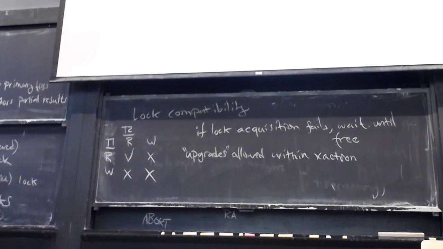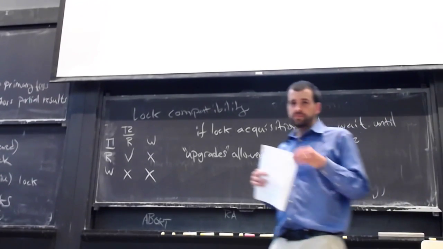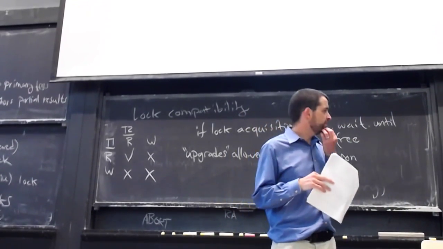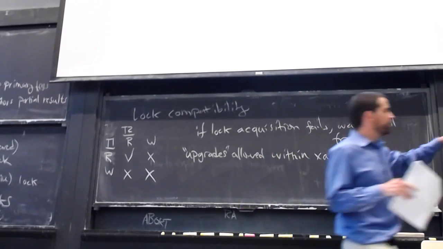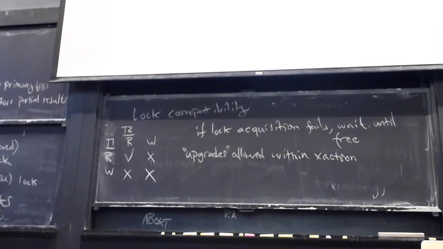But before it acquires the read lock on B, it has already executed the write A, right? That's right. So the way to think about this is we're going down in time, reading A, writing A, and so on and so forth. So the protocol says read A: acquire a lock on A, read the value of A, acquire an exclusive lock on A, write A, acquire a read lock on B, read B, acquire an exclusive lock on B, write B.